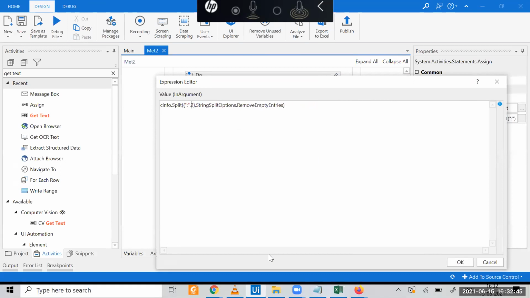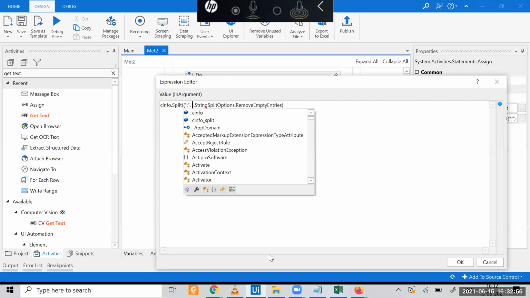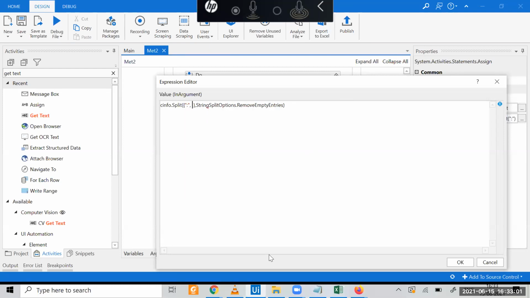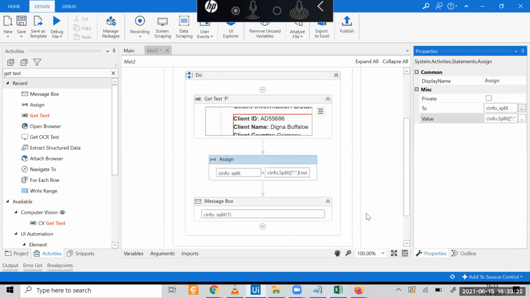Delimiter two is new line. Okay, let's see. I don't know whether it is going to work or not.